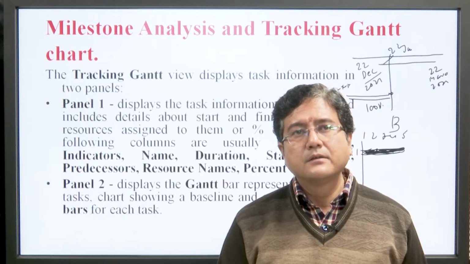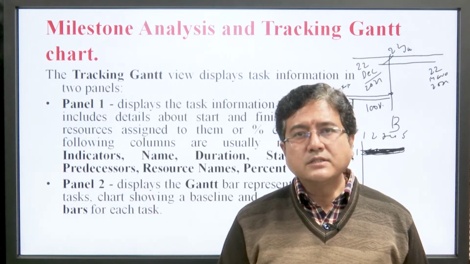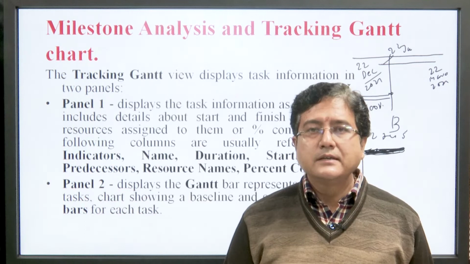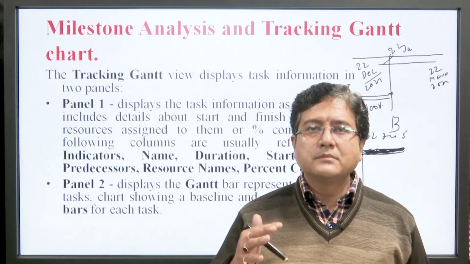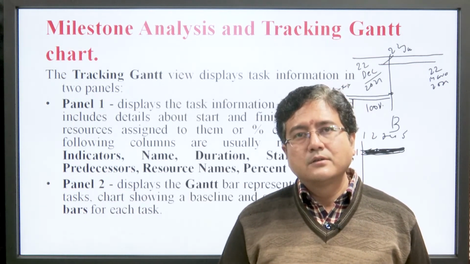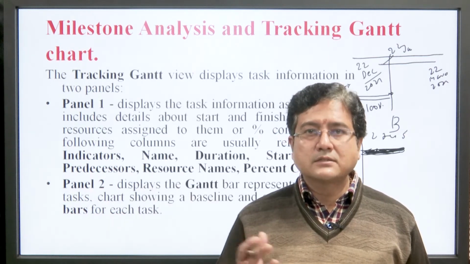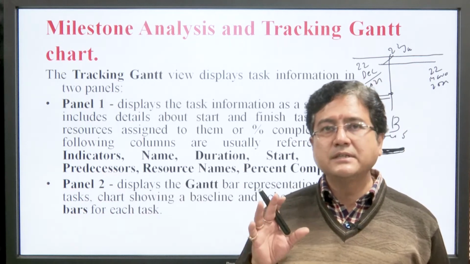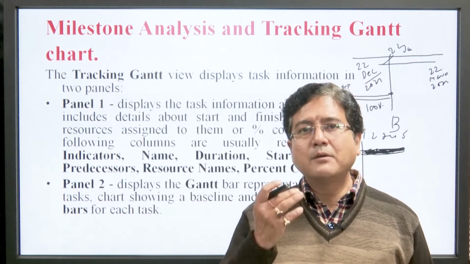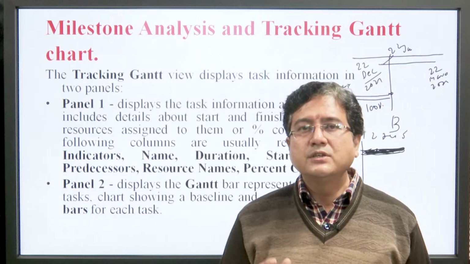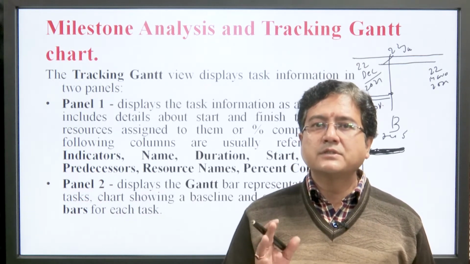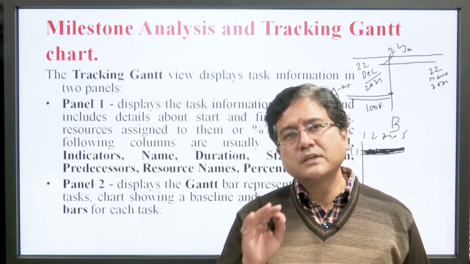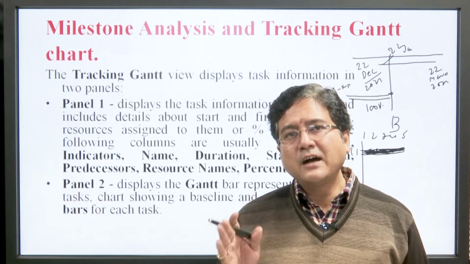So, viewers, a Gantt chart is not a very difficult, tedious task. A Gantt chart is just a representation of our work, our project, on paper, which shows us the milestones and gives us a perfect view of the process of the project, where we are and where we have to go.